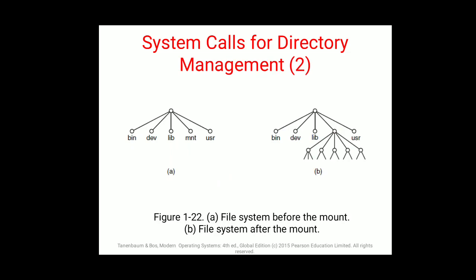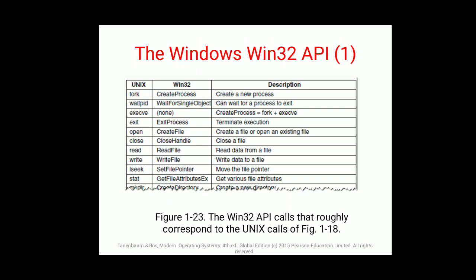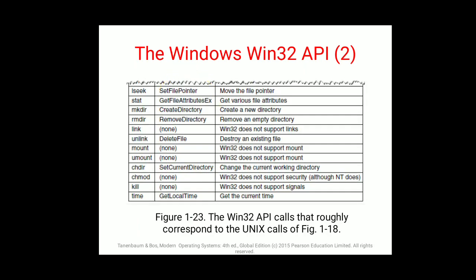Then the directory system, this is the main hierarchy I am talking about. Child process, parent process, or parent process, child process. Then you have Windows Win32. Windows Win32 is again a different system which has different descriptions. So every system call will differ with different applications or operating systems. Unix has these functions, that is system calls, whereas Windows Win32 has these different calls.